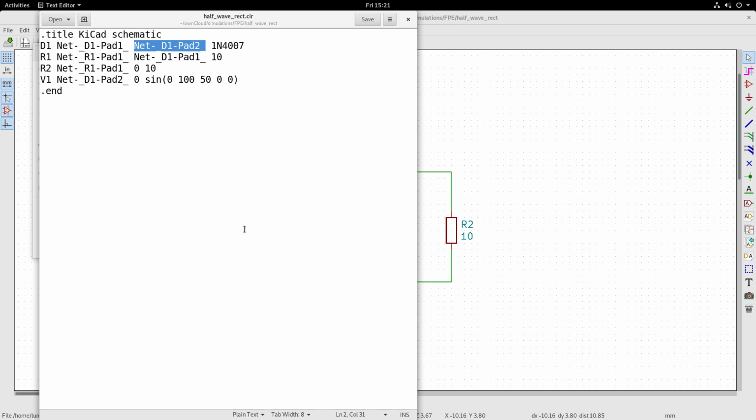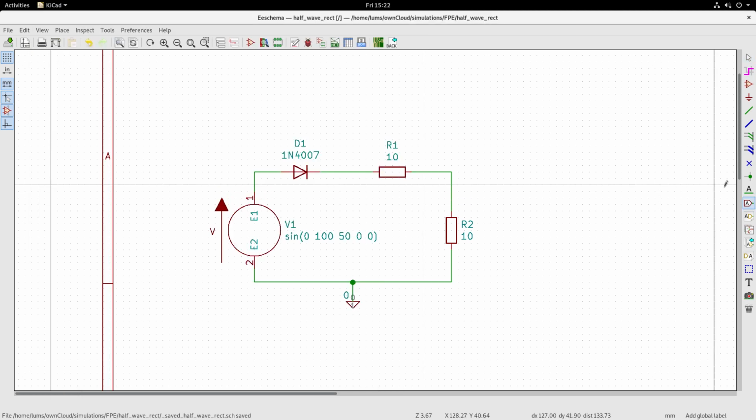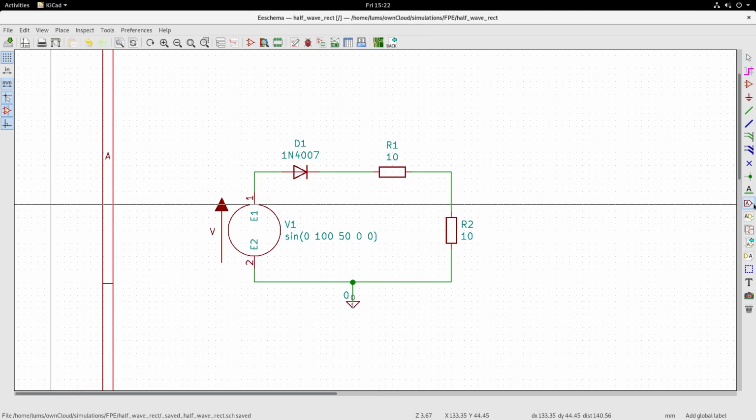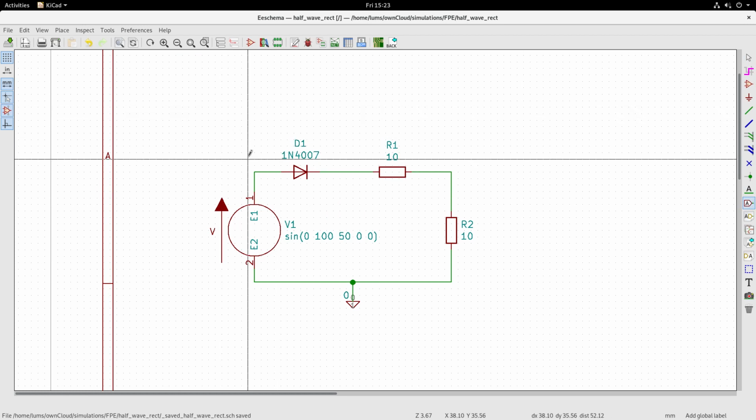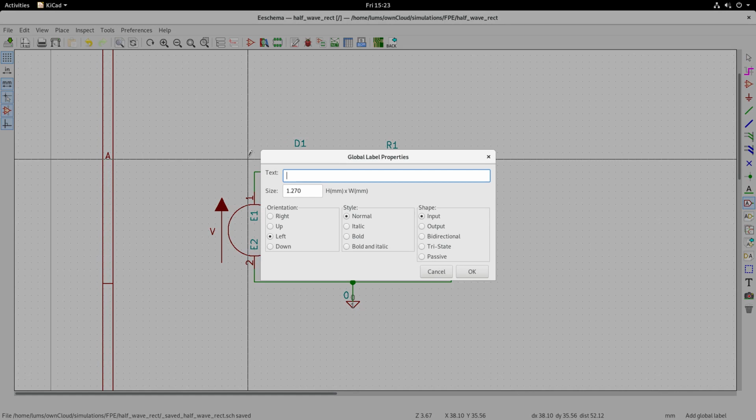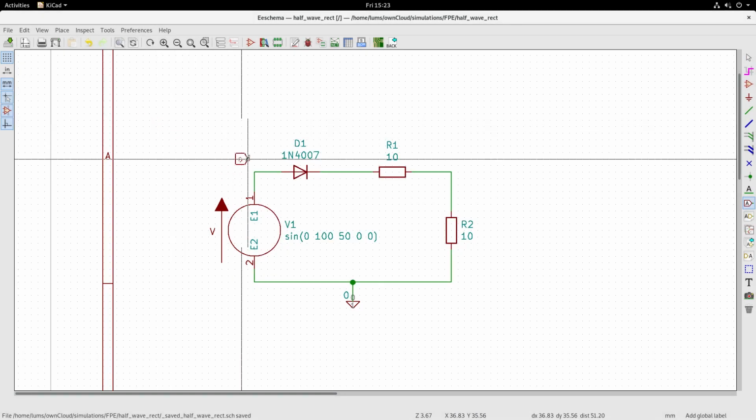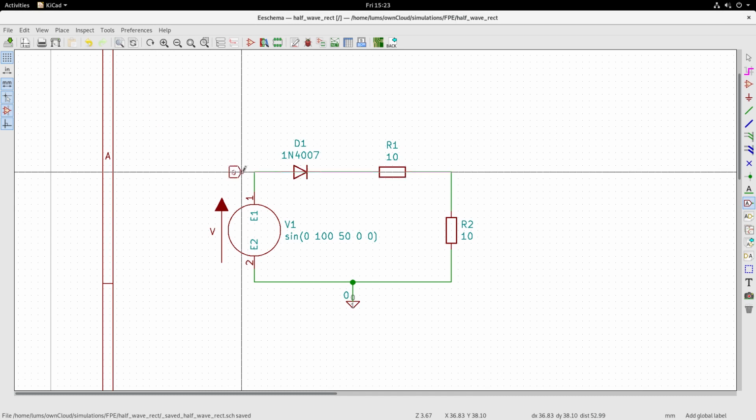Just like we gave the node names when we did in ngSpice, we shall give easy node names like A, B, C. So on the right side, let me go and pick this labeling. So we give, let's say, A here, and we place it.